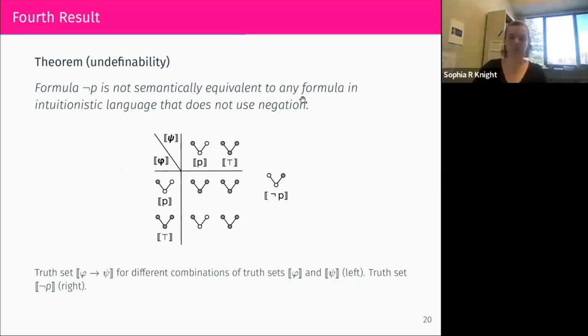And then here's another intuitionistic logic result. The formula not P is not equivalent to any formula that doesn't use negation. You can prove this with monotonicity. This is another result that has different proofs, but it's nice to fit it into the same framework as all these other undefinability results. So all we have to do here is use one formula P. We pick this one because it works. We got P and true, and we use implication to combine them. It does not give us our not P result.